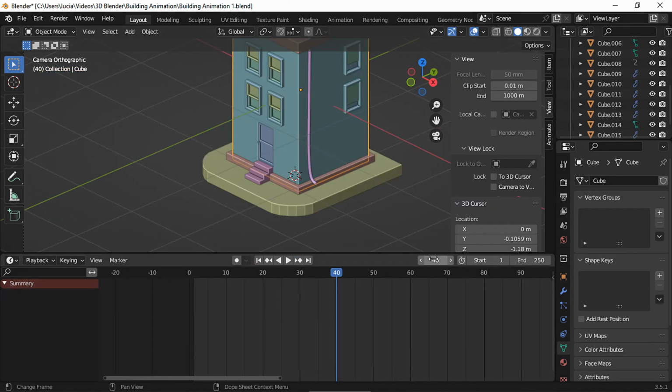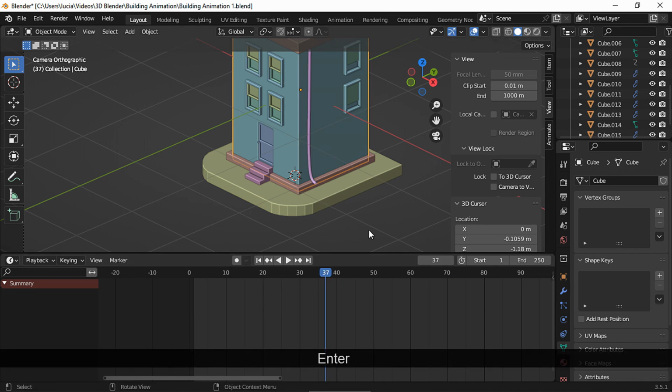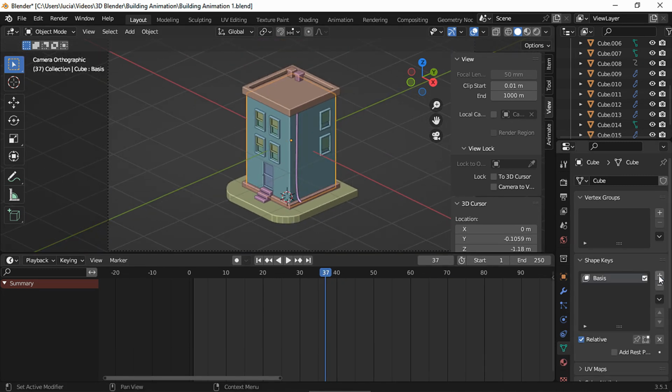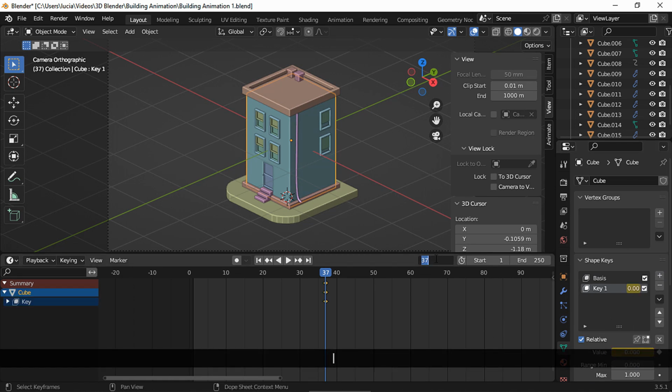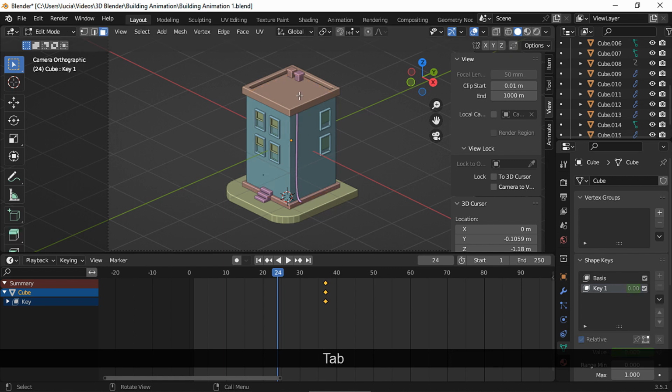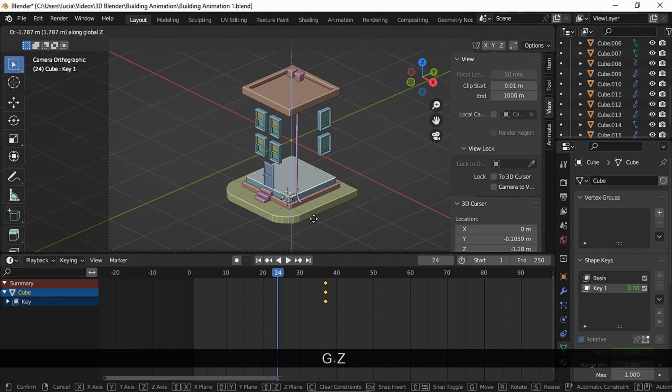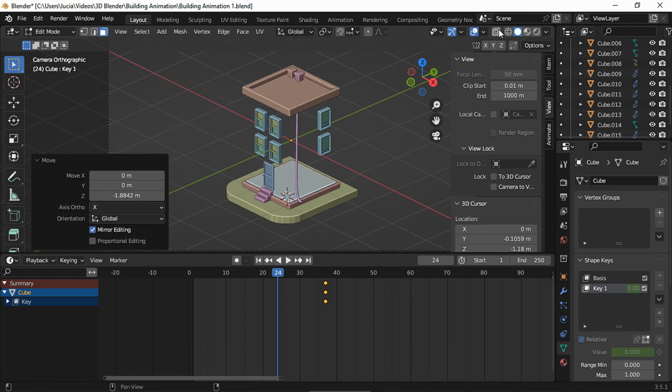Now for the building animation, we're gonna use shape keys. Add 2 shape keys and select the key 1 and set a keyframe for the value in frame 37 and now go to frame 24. In edit mode, select the top face and move it down on the Z-axis. Make sure it's down all the way.